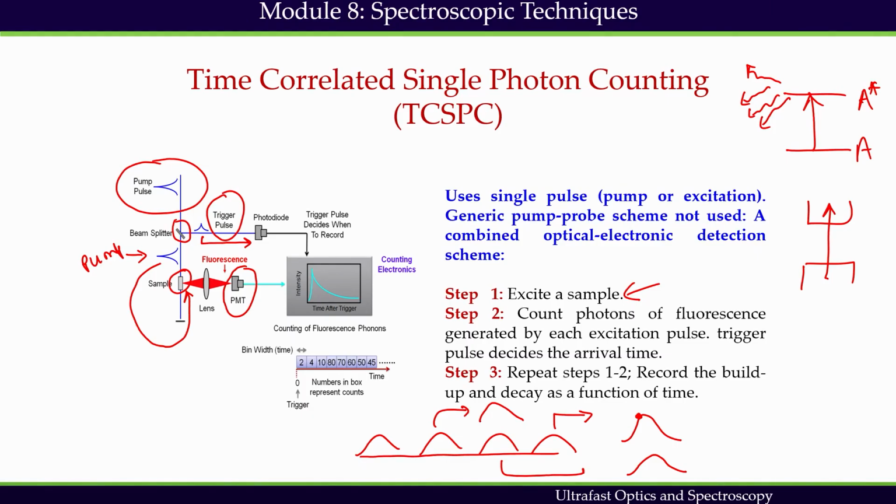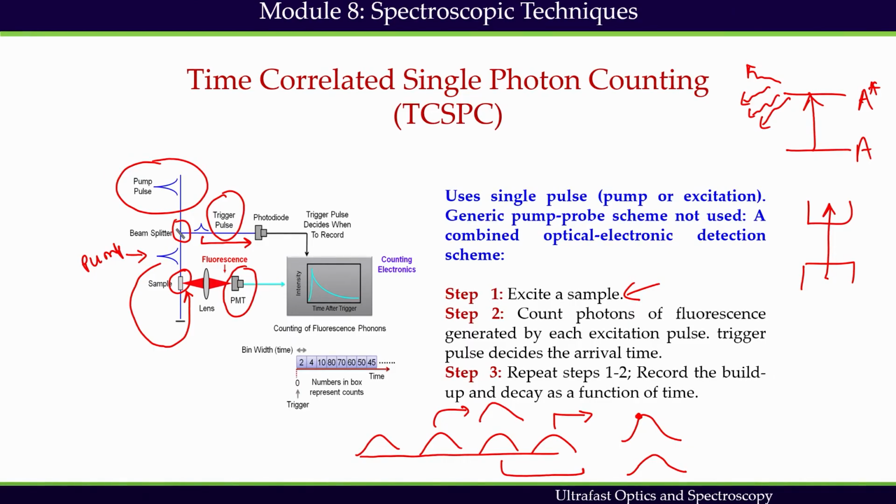If each pulse is giving us a fluorescence signal, then the temporal separation between excitation pulses must be longer than the fluorescence lifetime, so that no molecule in the sample stays in the excited state when the second pulse arrives at